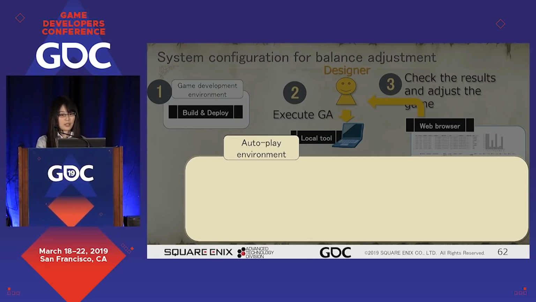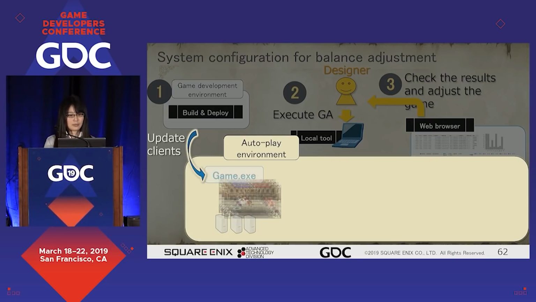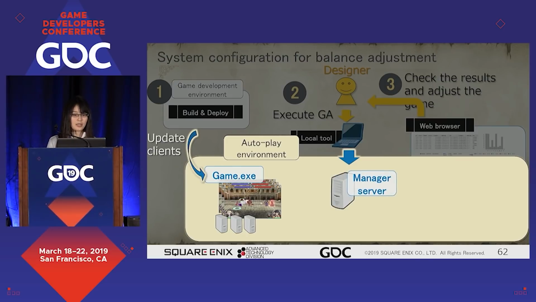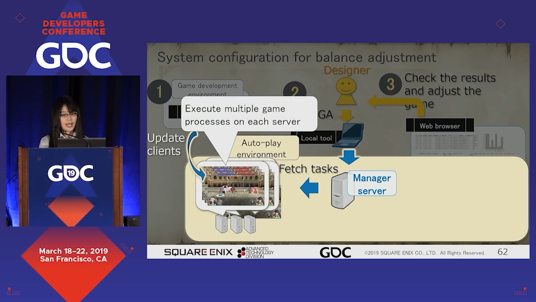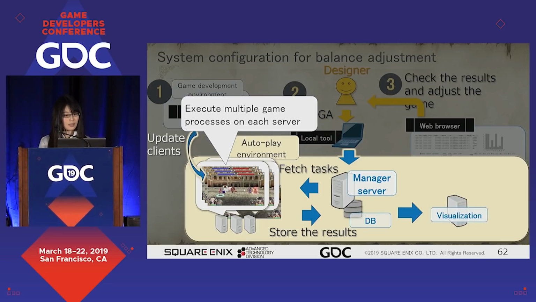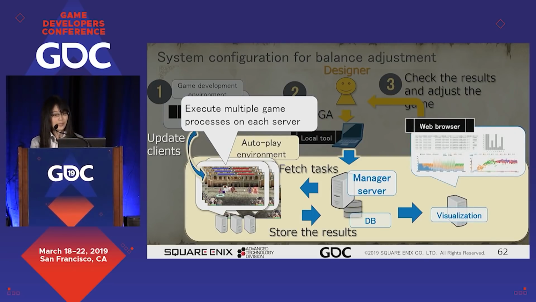Inside the outplay environment, we can find all the things I explained earlier. After the building, computers for the game have the binary files. There is a master server to manage the auto battles. The server stores battle tasks to be run. The slave computers fetch and run tasks and return the result after the battles. The visualization tool uses the data stored in the server to show the result to the designer.